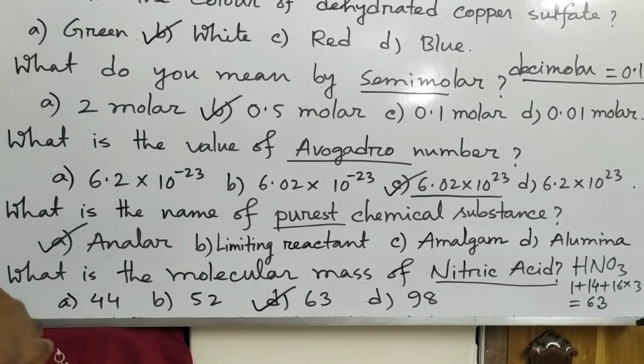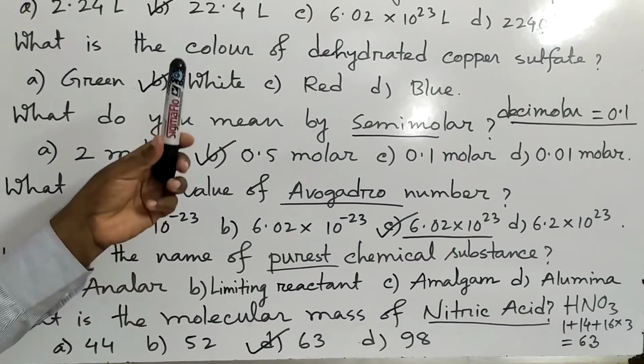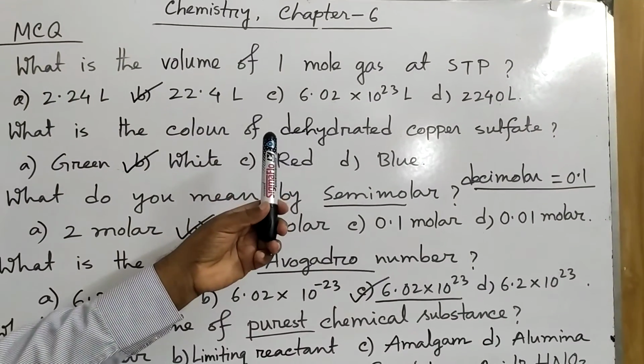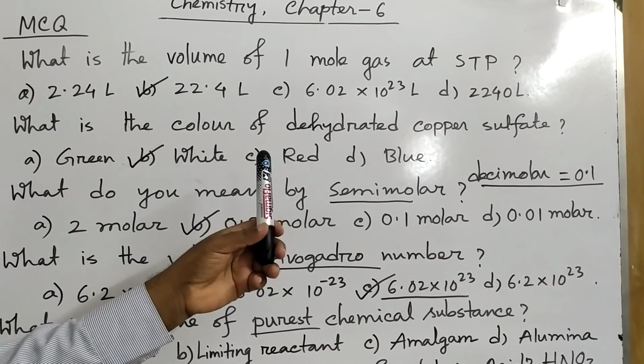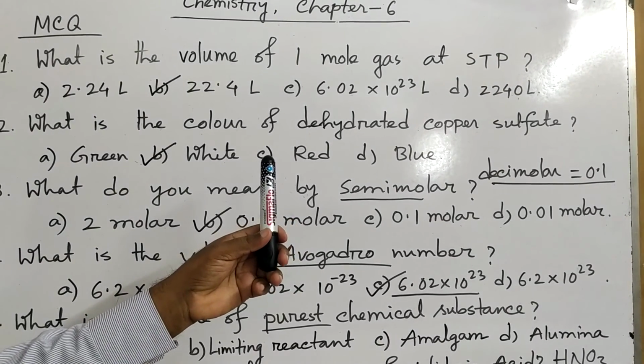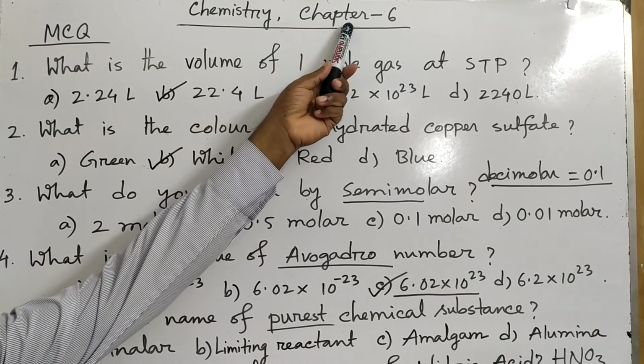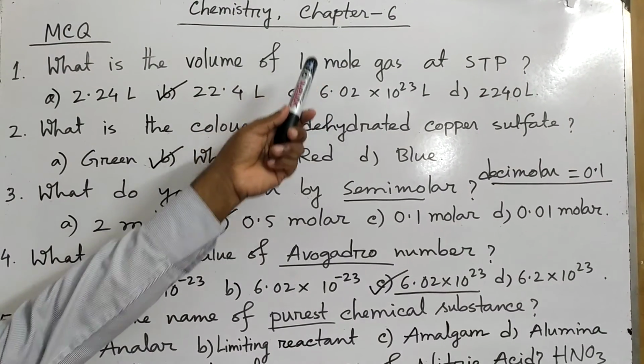So like this you can make many MCQ questions yourself from the chapter. So it will be homework for you. You will make 20 MCQ from chapter 6. Okay, now